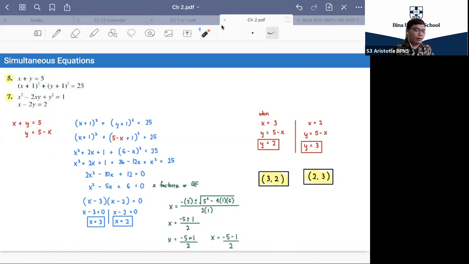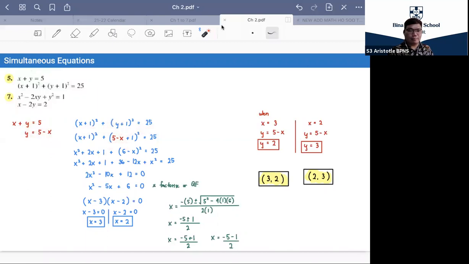So after that, I'm going to write the other equation. And then I'm going to substitute this in place of y. So you see this y over here. So I'm going to replace this with 5 minus x. Okay, so that's it